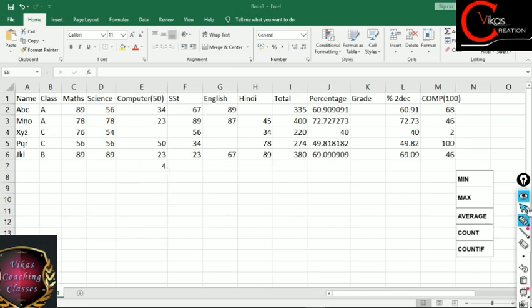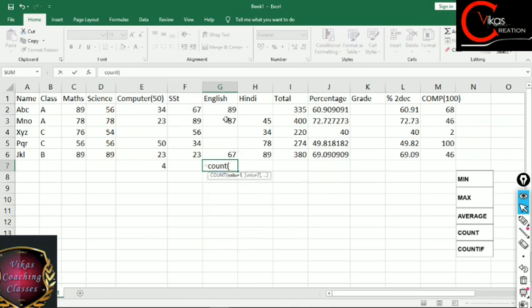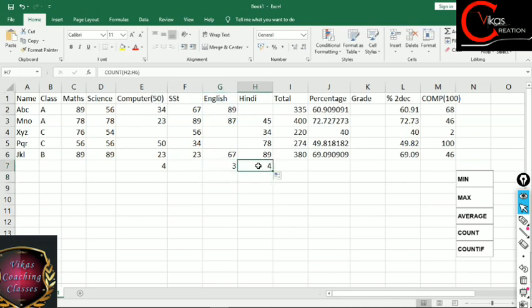Now let's suppose similarly we have to count the number of absentees, or the number of students who are present in the English test. So we will write equals to COUNT, open the brackets and like this, बस फटाफट से काउंट हो गया. And similarly if I drag it over this side, I'll get the value automatically. Fine. So like this the function will show you your proper output. So let me reverse all these operations first. So we are back with the values.